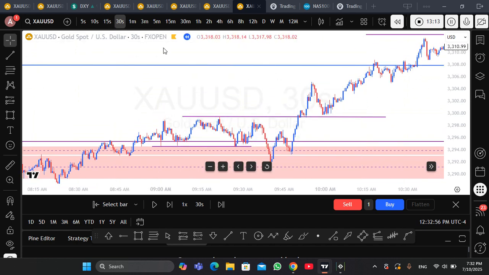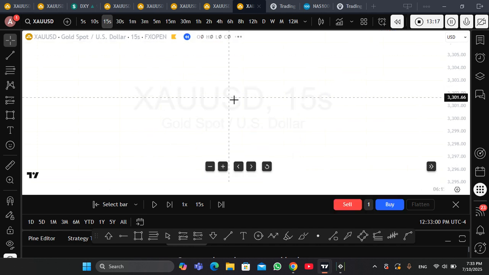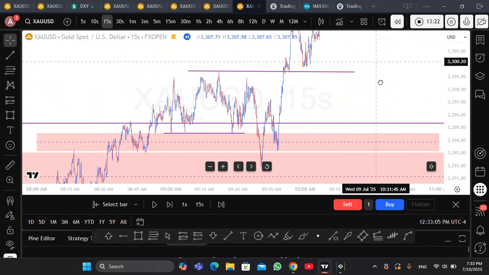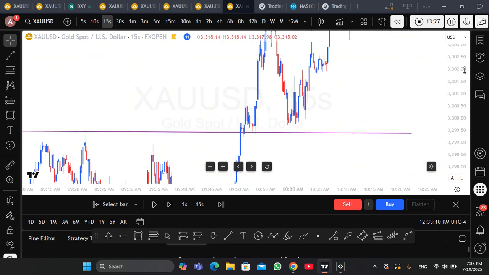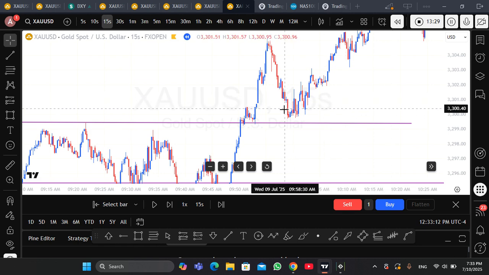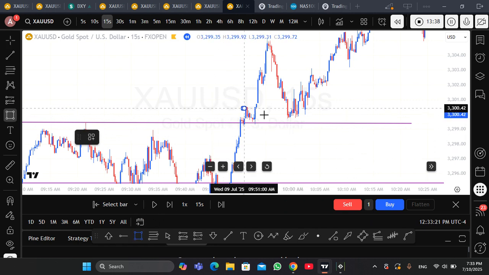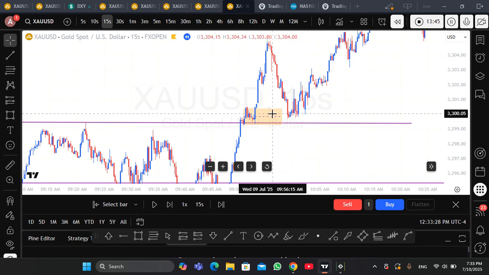On the lower time frame, on 15 seconds, the price here, this is a fair value gap, and this is an order block, which is a nested order block. So this is an order block on our time frame. This is the first thing. This is not enough to take the price from here buying. It's not enough.